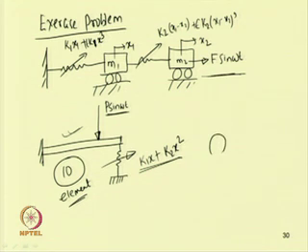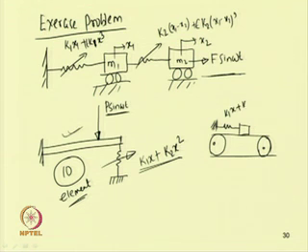Also, one can take a belt system, so this is a belt on which a mass is placed. In this case, this is a nonlinear spring k1 x plus k2 x cubed, and here the damping. So, here the damping term one can take as that of a Coulomb damping.